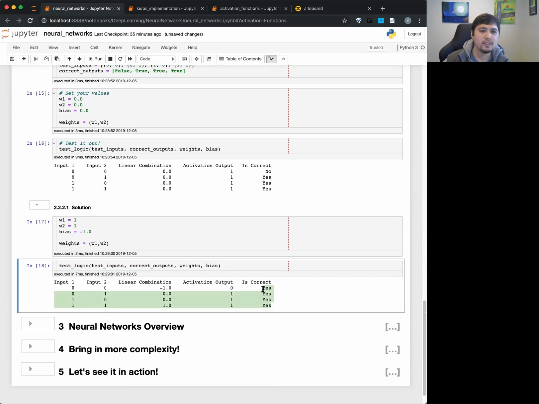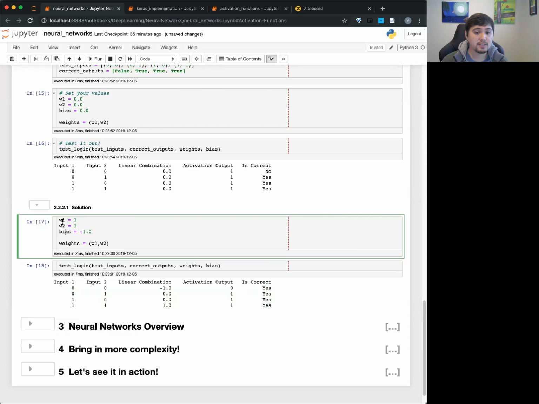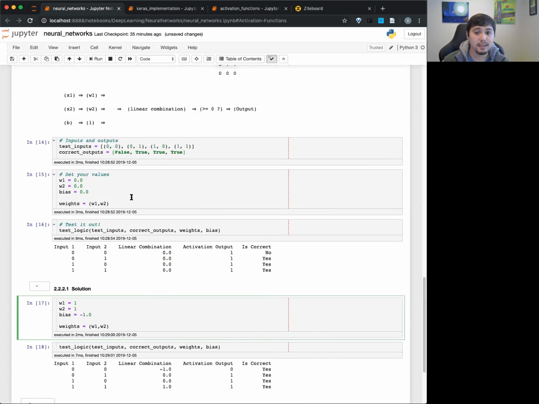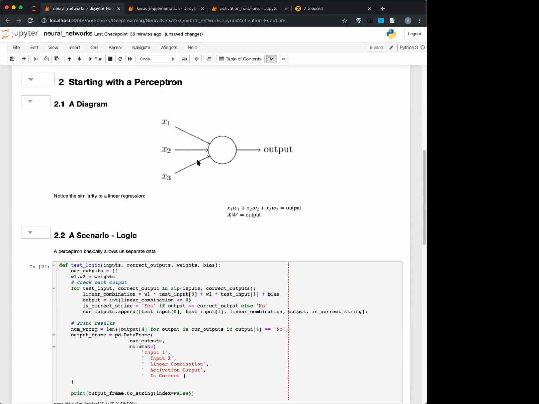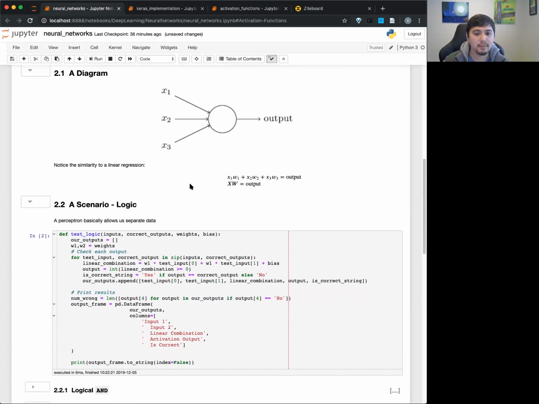So this shows you how the structure is the same: W1, W2, and the bias. Both of those look exactly like this. All we had to do was change the weights of how they're being multiplied. And this will change not the structure, but the function of what's going to happen. So that's the idea of these perceptrons.